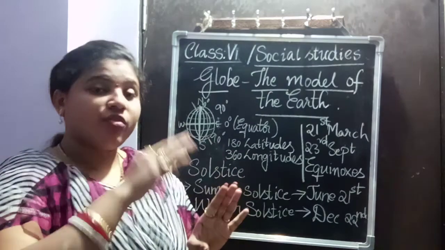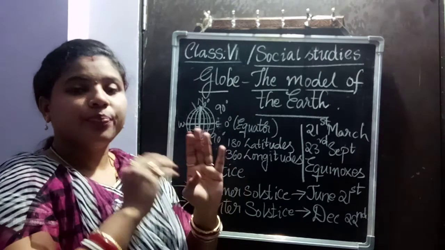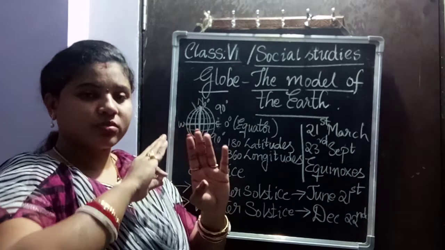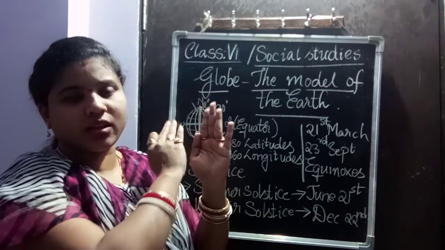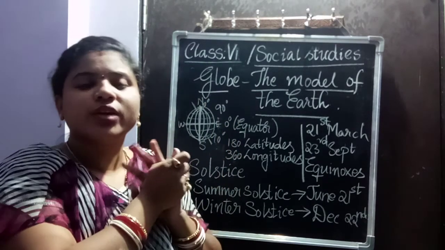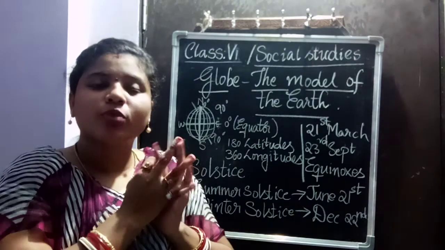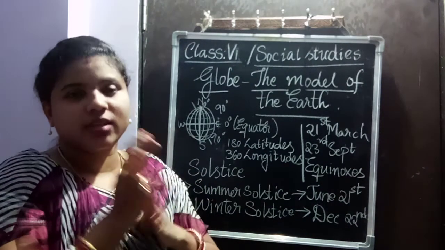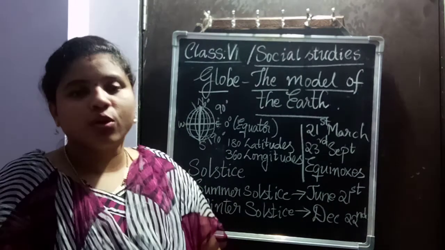Now, when it is a lunar eclipse, what happens? In a lunar eclipse, the sun goes behind, whereas the moon is obstructed by the earth. That means the earth blocks the light from reaching the moon. Usually we see this on full moon day. During the full moon nights, we see the lunar eclipse. So this is the solar eclipse and the lunar eclipse.